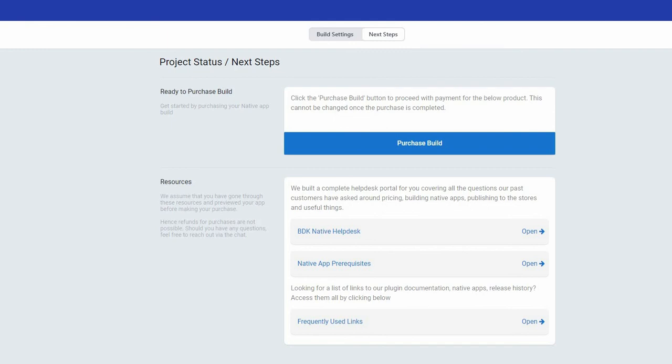The last thing you will need to do is fill in all the information required by Apple or Google, and you can submit your app for review, and if it passes review, you will have your app listed in the App Store. So that's how you can turn your Bubble app into a mobile native app in a few